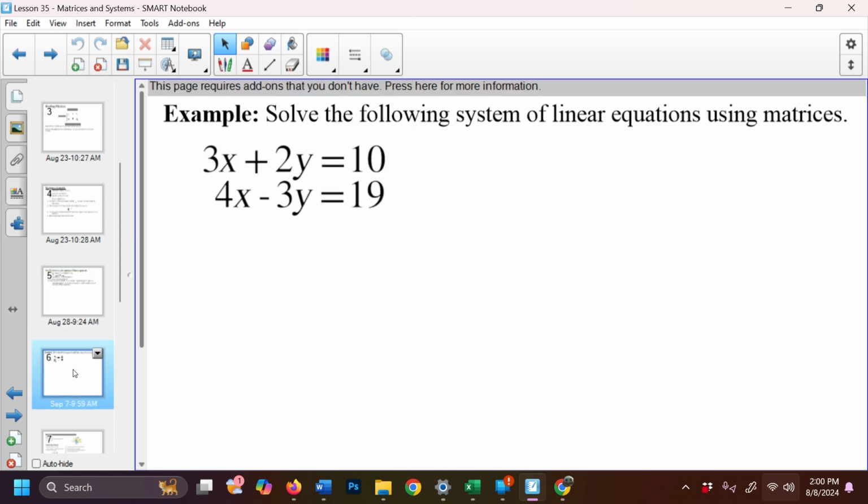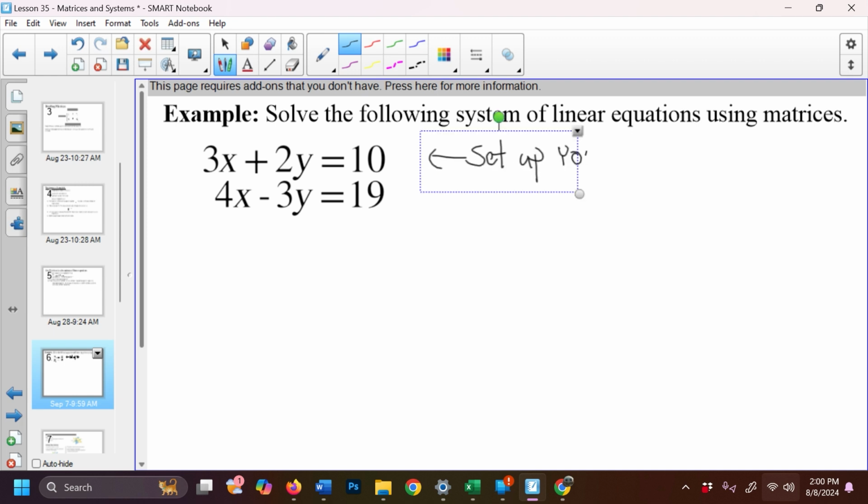First, solve the system of linear equations using matrices, and we'll start with a very, very simple, straightforward one. In fact, this is one of the systems that we solved in the last unit by elimination. And so the first thing you're going to do is you are going to set up